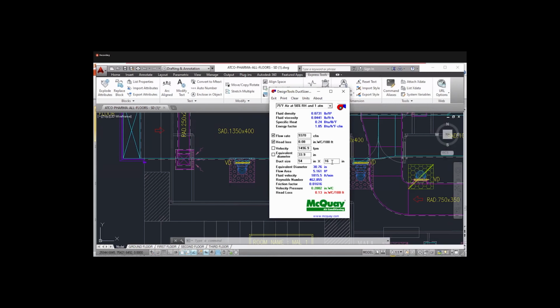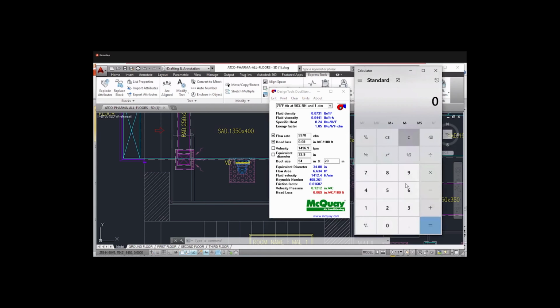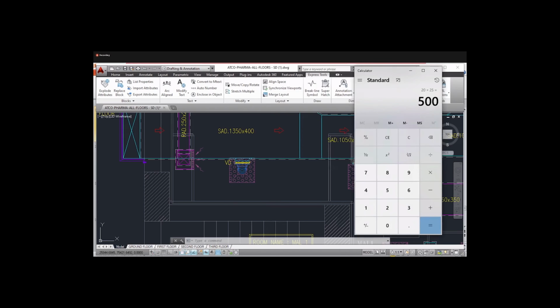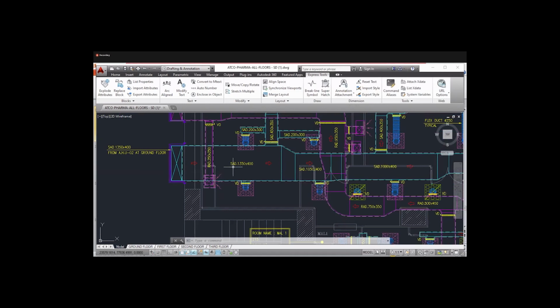So we can't take 17 because we have to take an even number now. So we will go with 18. Okay, 0.093 and here is 0.08. So this is also exceeding. We can't take this. So we have to take 20. So this is a perfect size. We have to take the 20. So 20 into 25, 500. It should be 500. Maybe by mistake it's a 400. It should be 500, the main duct. No? It should be 500. Means 1350 by 500. Okay.